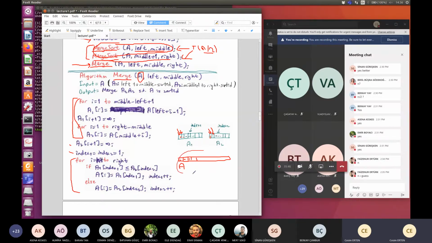And in total, in A, we have n items. For each item that we place into A, we spend constant time and we have n items. This means that the last for loop will require time proportional to n, basically some constant times n. So this initial